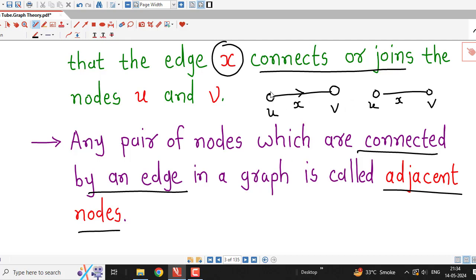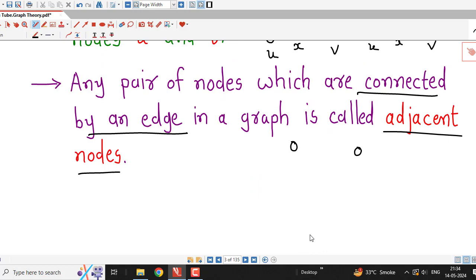So if two vertices are connected or joined by an edge, then we say that they are adjacent nodes or vertices. For example, suppose I have this graph